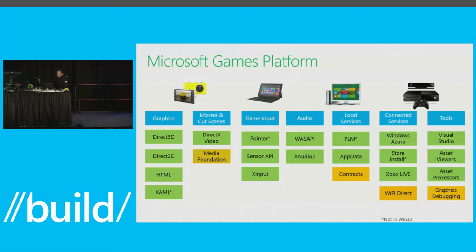We brought in Media Foundation. We brought in contracts. We brought in Wi-Fi Direct. All of these are now Windows Phone 8.1 features that you'll be able to live with. The bits that you get this week, you'll be able to live with and actually use for these, right? And then we've also improved our tooling, right? We brought in all the features. We brought into Windows Phone all the features that we had previously released for Windows Store or PC, right? So graphics debugging, shader compilation, all of those things that we talked about last build are now in the platform.